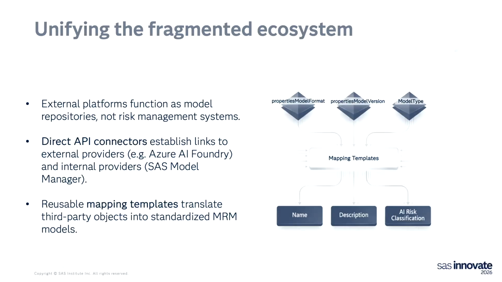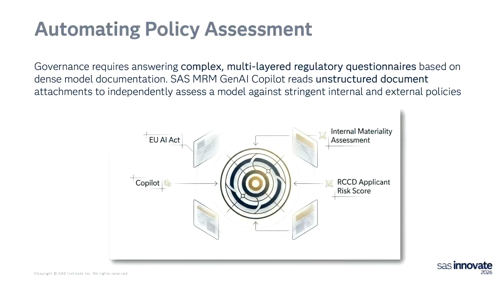Before we get into that, I'll just pause a second, because I want to show you a little bit about how we import the models, and then we'll talk about how the policy assessment helps us in the model risk management practice. To let you import models from different systems, we have created, again, these API connectors, and you have the ability to predefine mapping templates. If you're importing a model from one system, you have to map what a particular field on that system means in terms of a corresponding field that we might have in our own system. Having that kind of mapping, you can quickly define it once and then reuse it every single time you want to import multiple models.